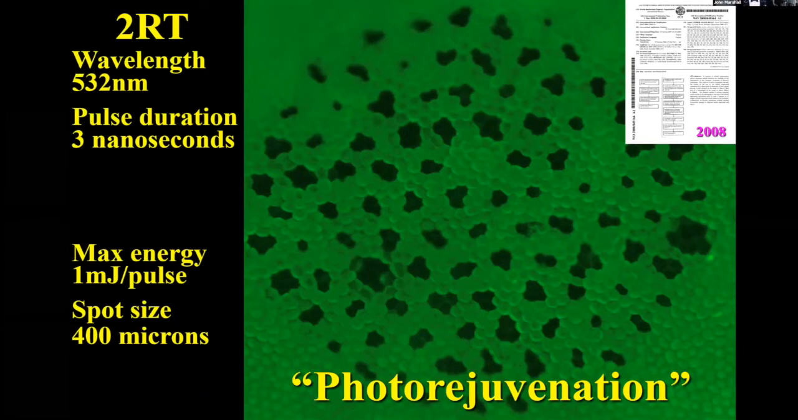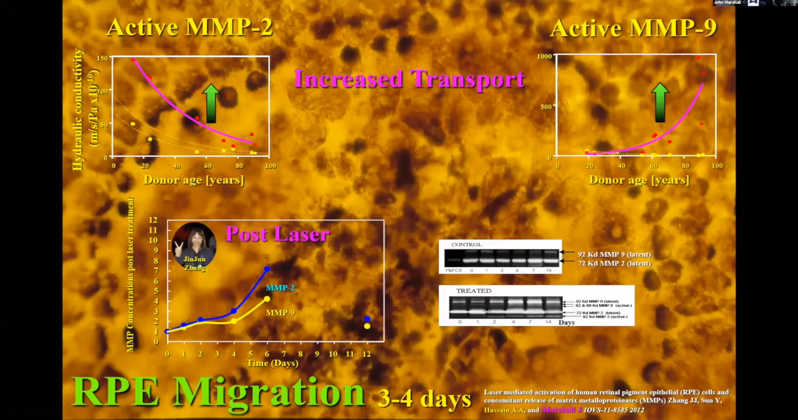And again, a great deal of work went on to show that the impact actually caused changes which effectively rejuvenated transport in the outer retina. You can see there's an almost exponential increase in transport associated with MMP9. So this laser initially went to trial by our group at Moorfields with Peter Hamilton, and it